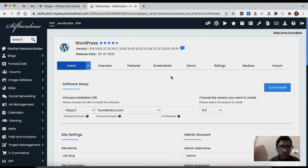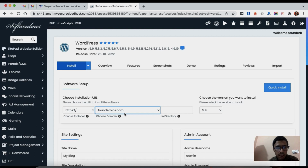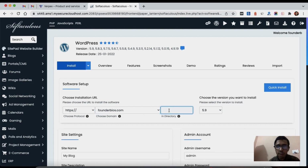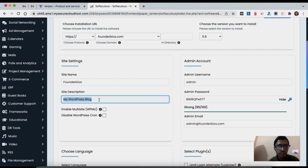When you click on install a new copy, you get the whole configuration screen for WordPress installation. You can choose the protocol, which has to be HTTPS. Then choose the domain. If you have added any add-on domain, the option will show up here. Choose the directory as blank. Then choose the version of WordPress and type the name of your blog. You can change this later also, so there's no problem with that. You can type a description of your blog, for example,